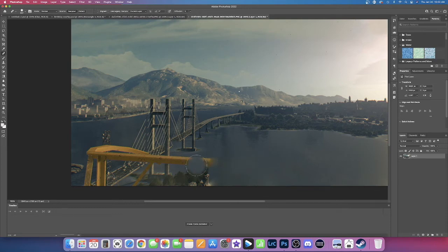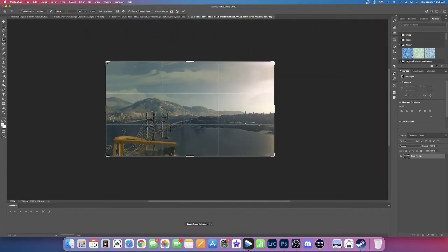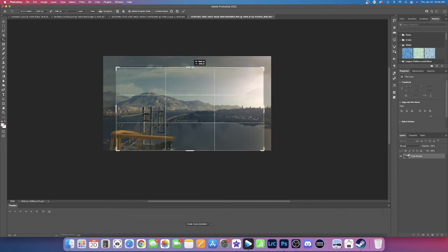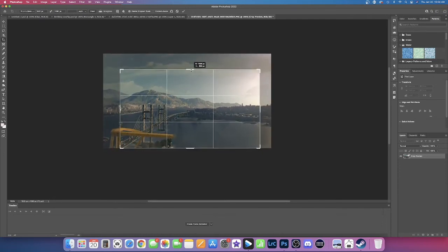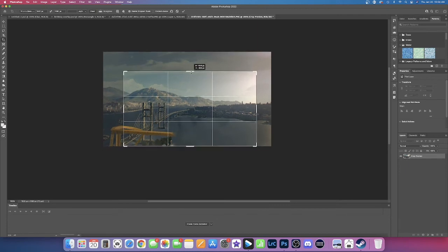So moving on. Now we're getting into the more difficult area. I can bring this crop in here. Now I don't want to lose my bridge, so I'm not going to bring it in too much there. So what we're doing right now is really cropping out a lot of stuff that we won't have to work on